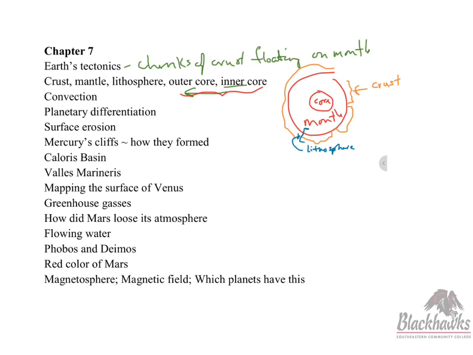Convection is actually what's driving our plate tectonics, but the deal here is, if we were to look at the Earth's core, okay, and this is the Earth's crust up here, basically we have a fluid part to the mantle, and the Earth's core is hot, and so actually what it can do is heat up the liquid part of the mantle right next to it. So it makes this blobby liquid mantle hot,